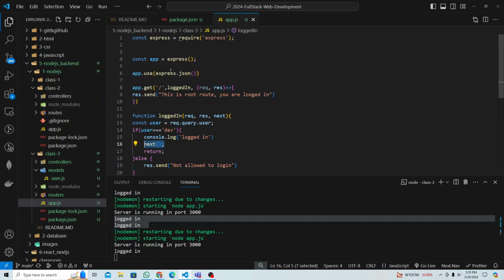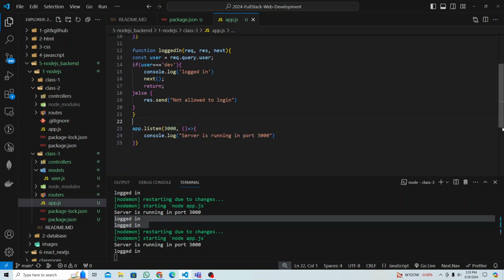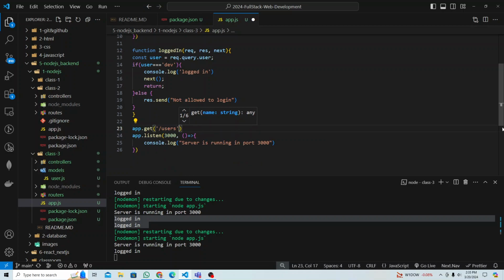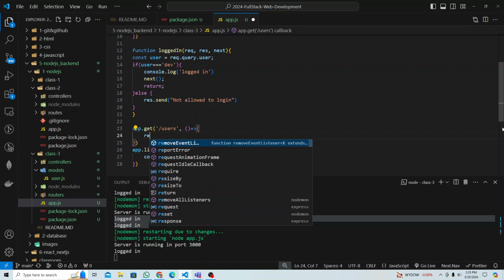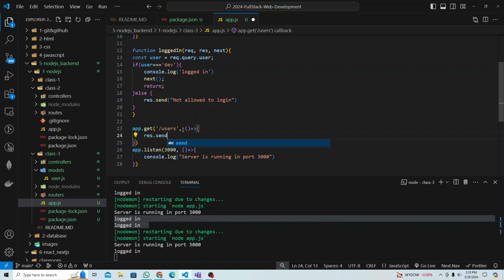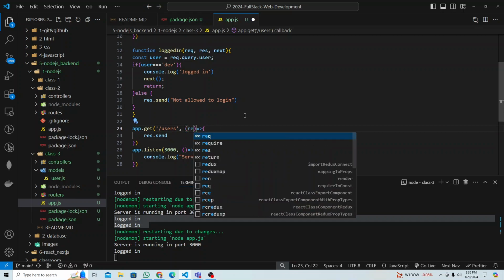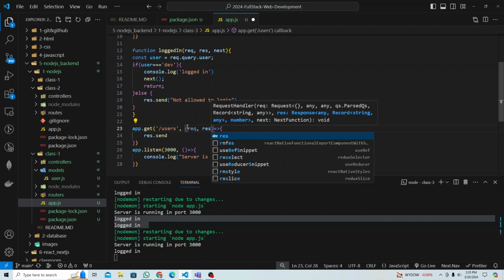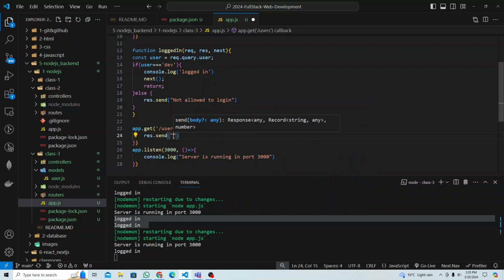Remember that middleware runs first. Okay, so this middleware I added, right, for this function. But if I have another route, for example, let's say I have app.get, right? This time I'm going to create users. Okay, users like this, right? And then a callback function, and here I can say response.send. I have to receive those objects, request and response, right? Request and response like that. Send, and we'll just call it this is user